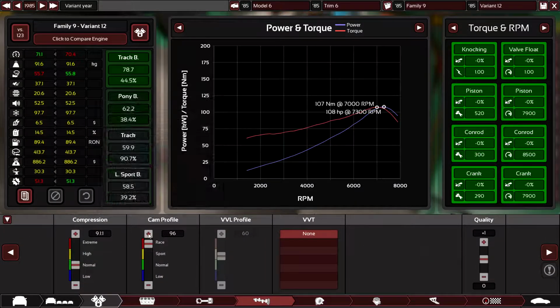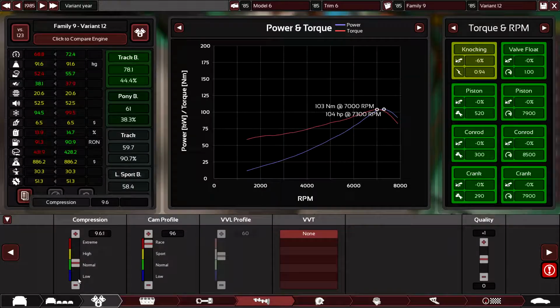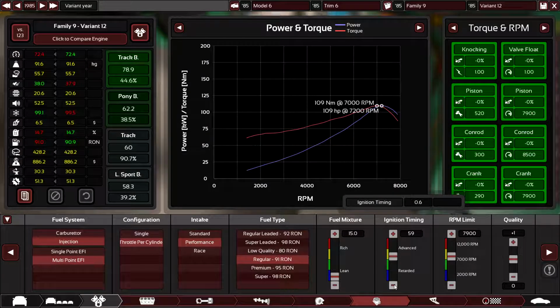And can we do any of this? No. We've got 108 though. I think that's reasonably close to the Honda, even if the... Ooh, I didn't think compression would do this. Compression's helped a lot actually. But even if the torque is lower, we do now have a competitive level of power. Very nice. And again, just try and adjust all these little bits to try and pull the extra power where